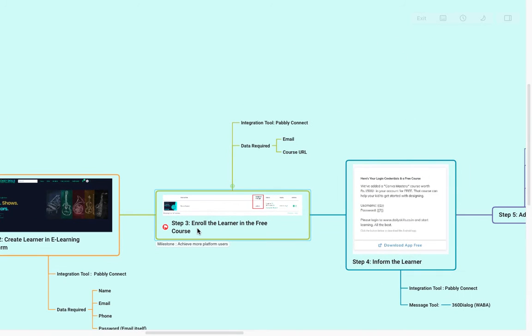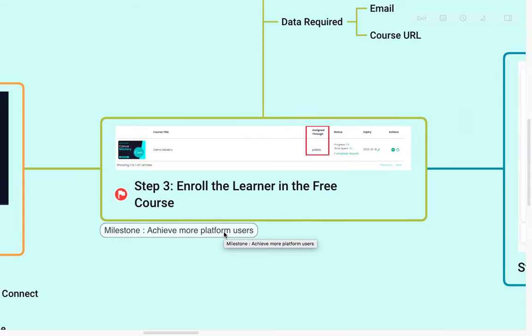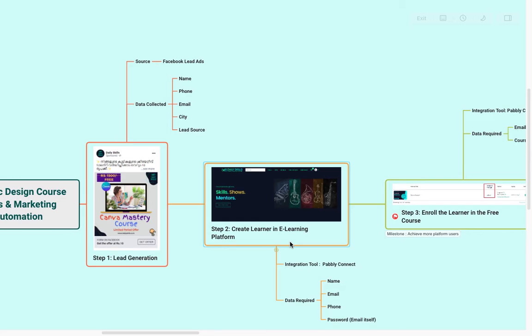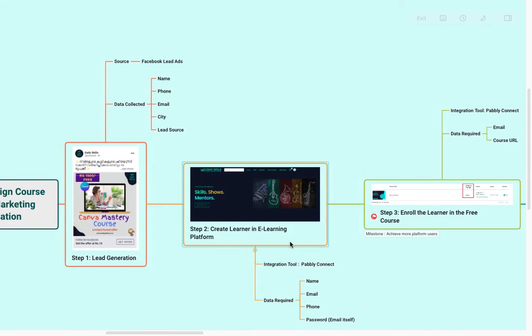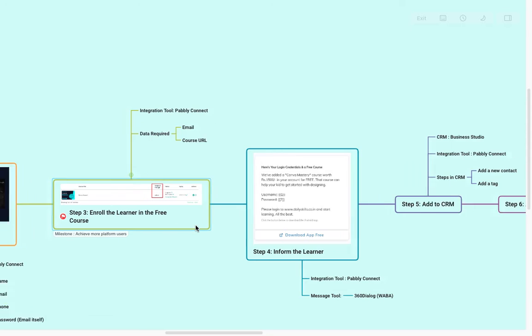So one milestone which we are achieving in this is that we are getting more users on the platform. The Canva Mastery course has been the lead magnet in the campaign. So this lead magnet has helped us to achieve the first milestone, that is new user registration in the platform,